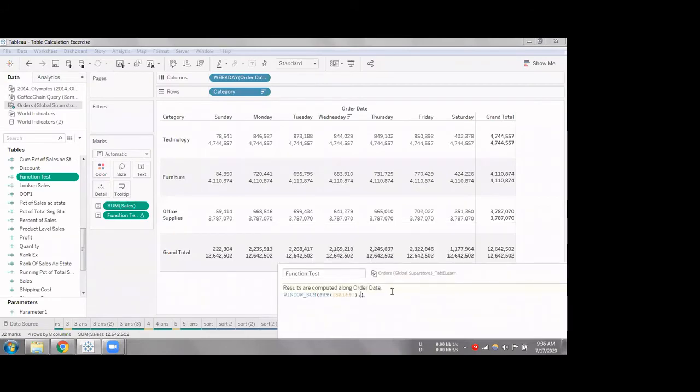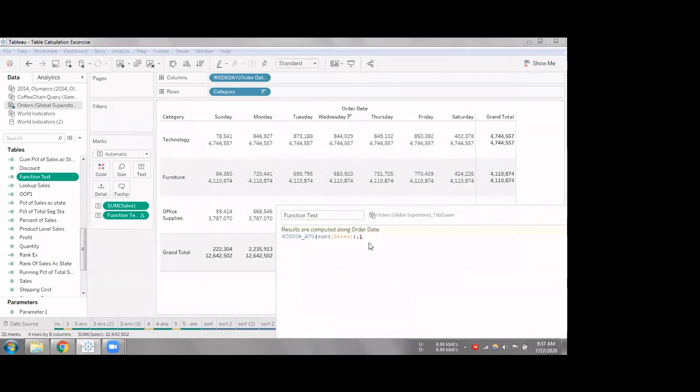Yeah, I was asking, were you able to hear my question? I have a use case where I want to get the average as I progress across the table. I want my average to be calculated for all the values before, for all the previous cells. For example, when I'm in Tuesday, it should calculate from Sunday, Monday, Tuesday. When I'm in Thursday, Sunday to Thursday. So I was asking, how do we achieve that using this window average function?